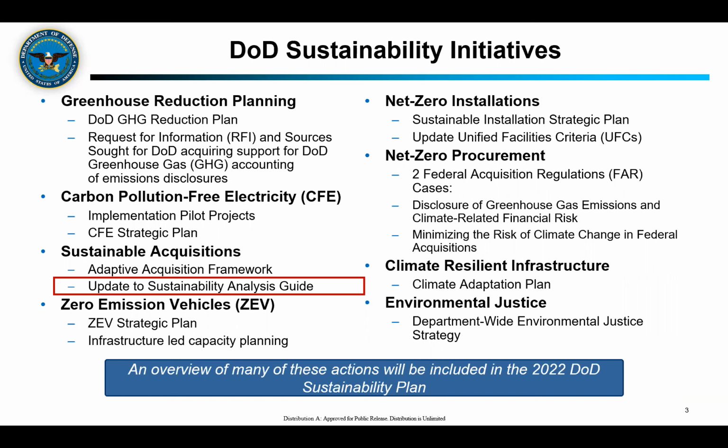And there's a whole strategic activity going on to try to integrate all this. Under sustainable acquisitions, I mentioned, or didn't really mention, an adaptive acquisition framework. If you're familiar with weapon systems acquisition, we've had the traditional weapon systems where we build an aircraft carrier over 25, 30 years, right? We design, we kind of already know what that might be, but it's going to be the new modern carrier, or the aircraft might even be a better example because that technology changes more frequently. And you do all this design, build, and then